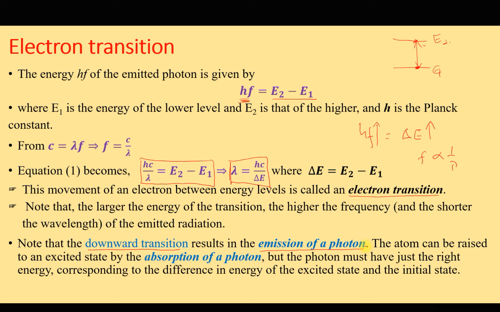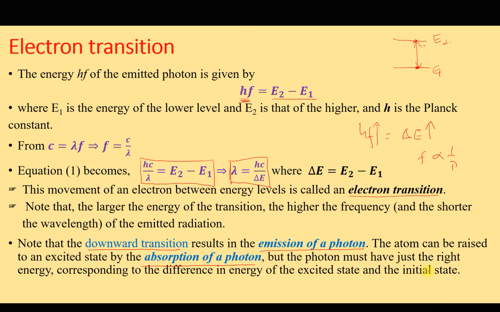Or when an electron makes a transition to a lower energy level, it emits a photon. But if an electron makes a transition to a higher energy level, then it must absorb a photon. So a downward transition results in the emission of a photon. The atom can be raised to an excited state by the absorption of a photon, but the photon must have